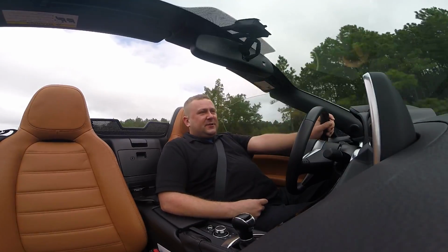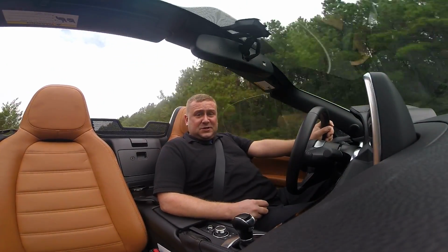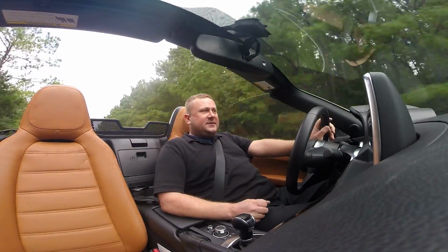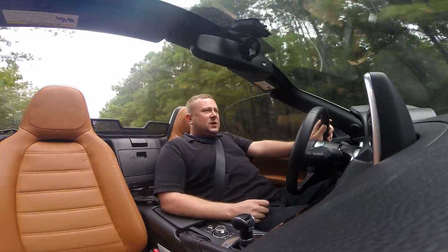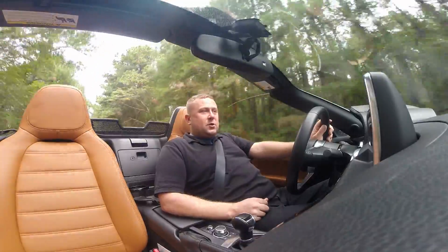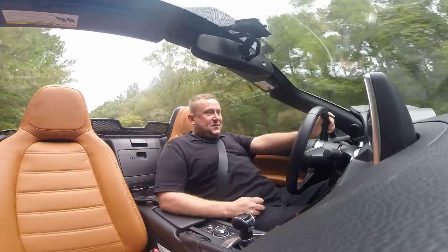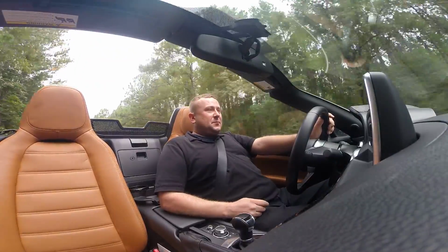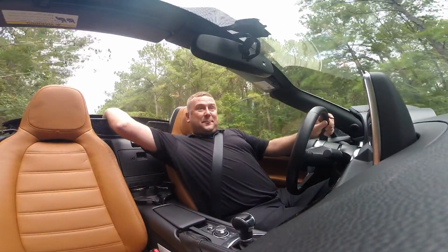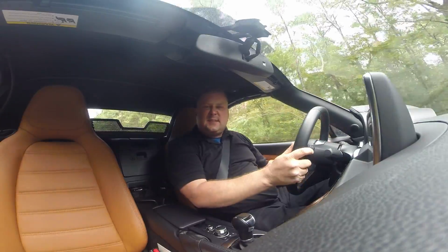So these are all really great traits of the Fiat 124 Spider that make this so different from a traditional badge engineering type project, where one company does the legwork and the other leverages their distribution network and some of the brand benefits of having a cool sports car. This is not the case for the 124 Spider. I mean, this car is a pretty thorough exercise in being a proper Italian driving sports car in its own right. I'm going to put the top up so that it doesn't get so blustery,